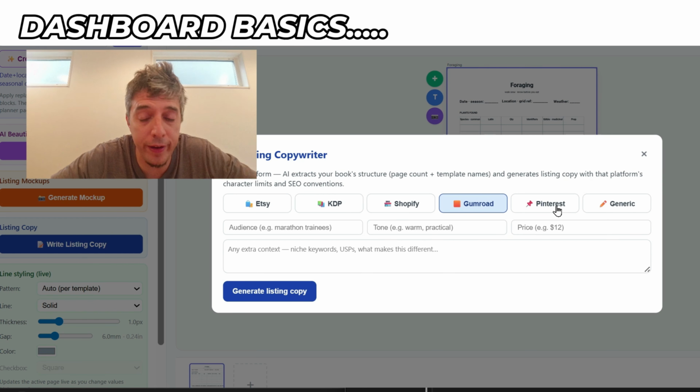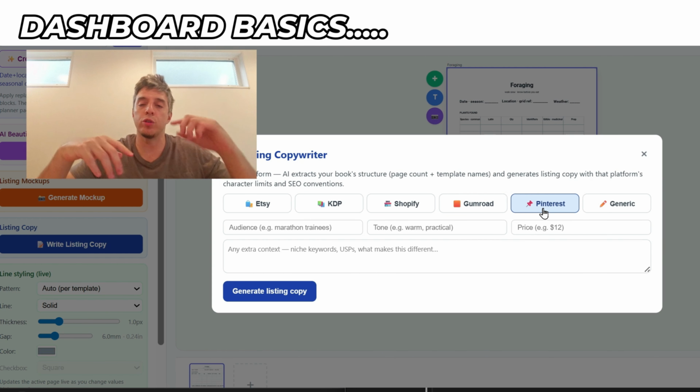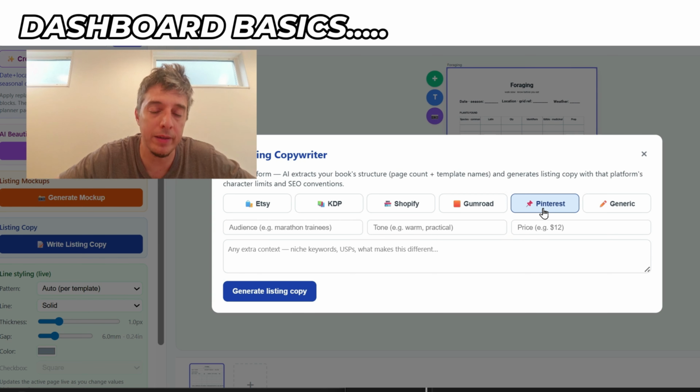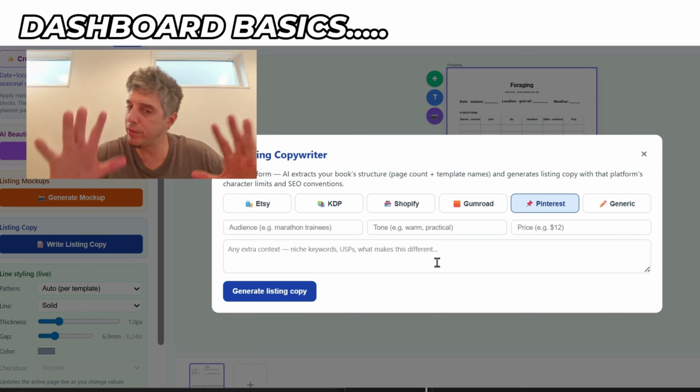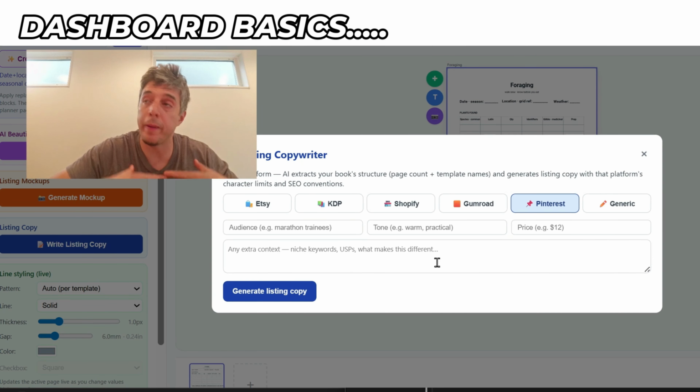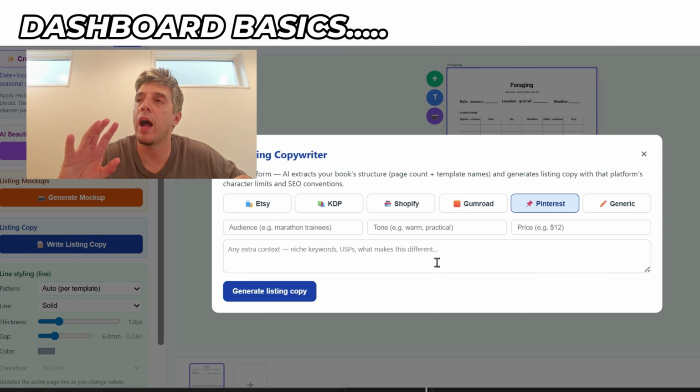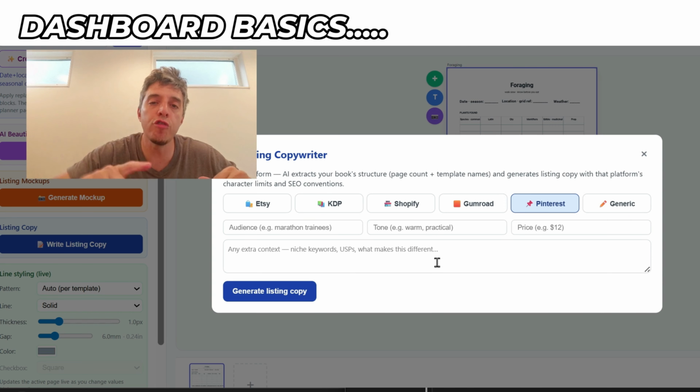Now for traffic, okay, traffic. So you want to create a Pinterest pin, then you're gonna want to use a Pinterest tab. Now with Pinterest, and this is great, I use Pinterest a lot, by the way. I've automated it actually, completely automated on my end. Pinterest for me is an automation. Anyways, Pinterest, if you're going to get traffic off of Pinterest, you need,